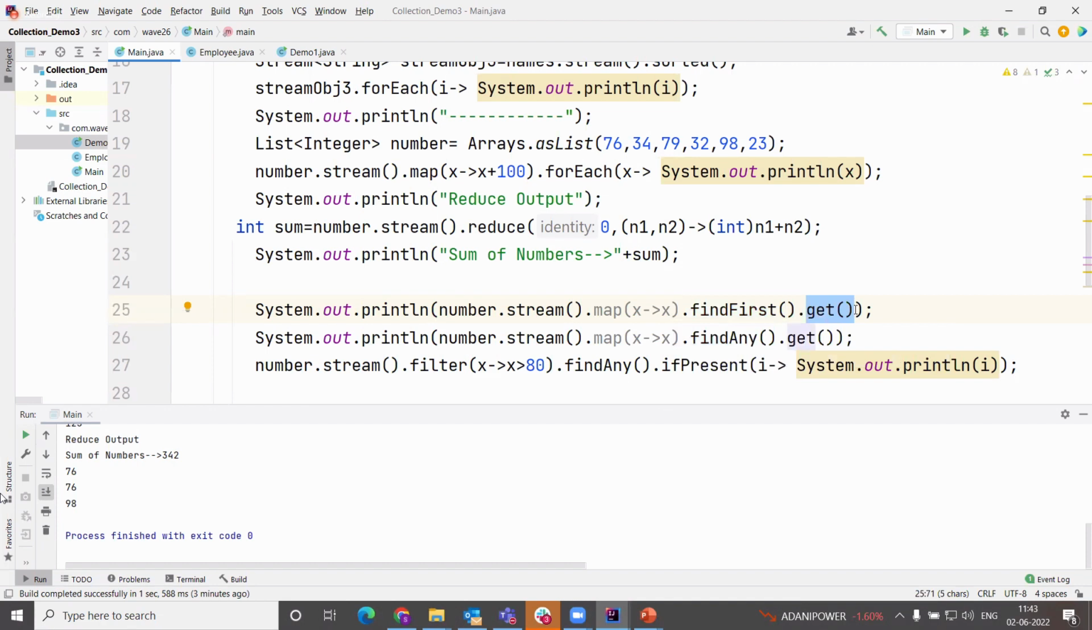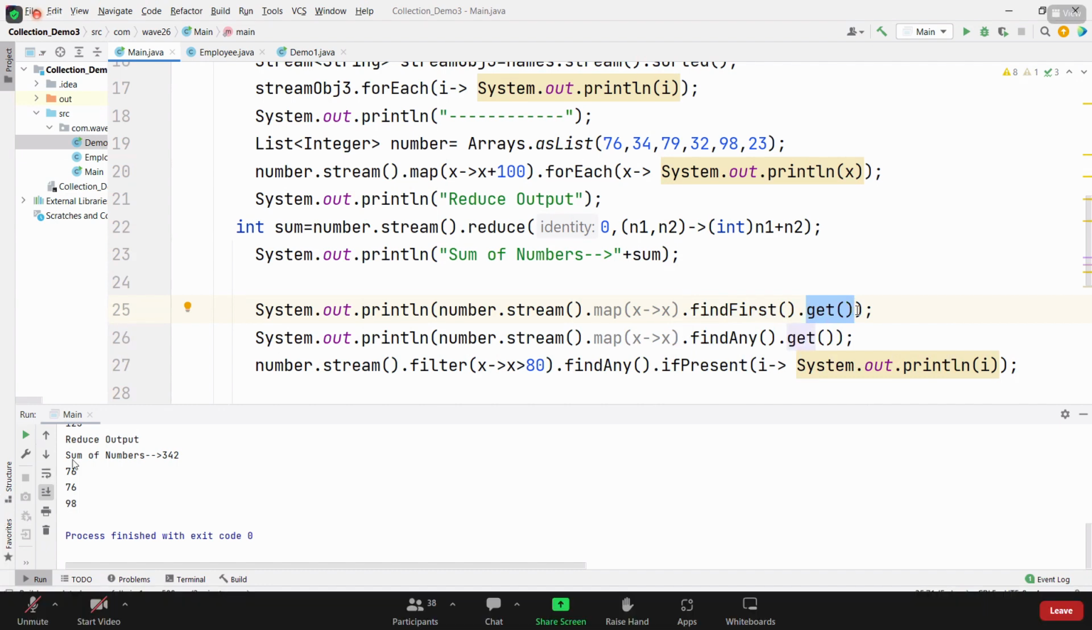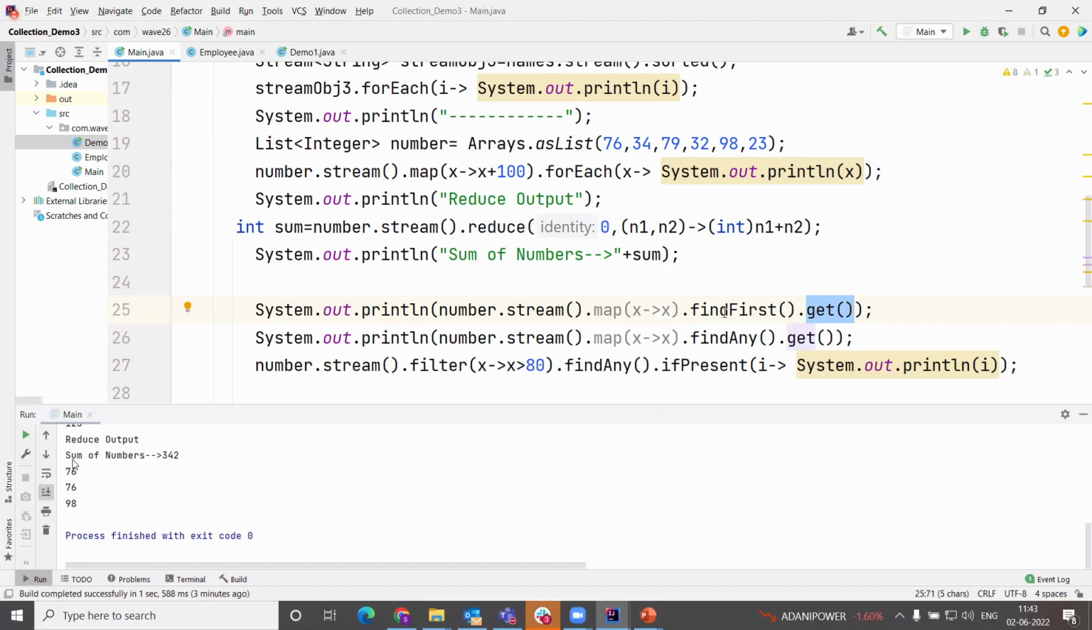Get that value. It comes under which class? Which interface? Supplier. Supplier interface. So I just wanted to get, because it's a single value. One single scalar value, I cannot iterate. I know it's a single value, find first. So the first value alone I'm capturing and I'm using supplier because supplier will not,